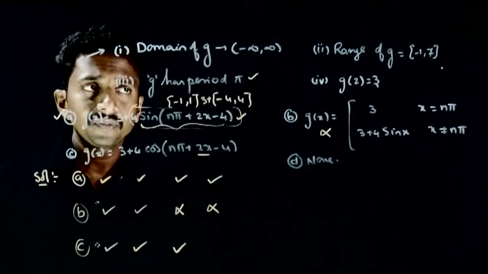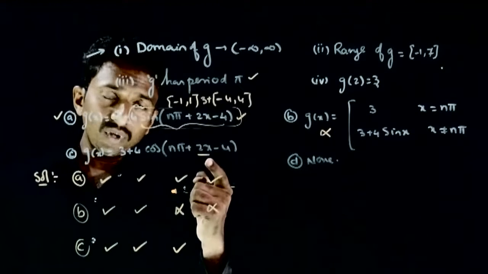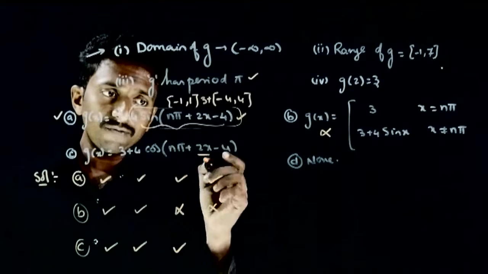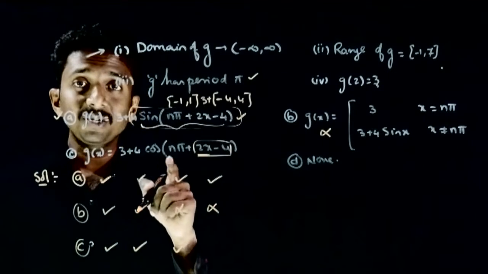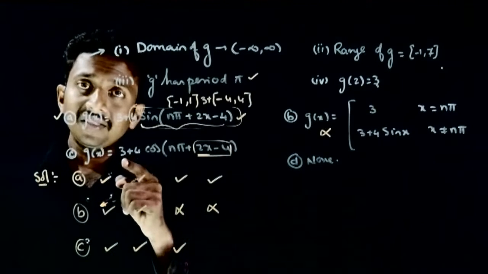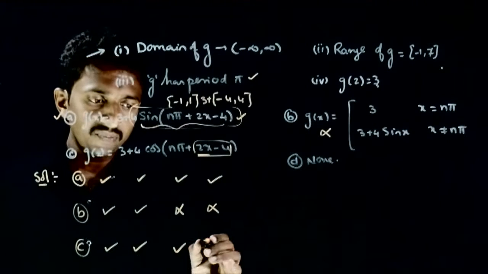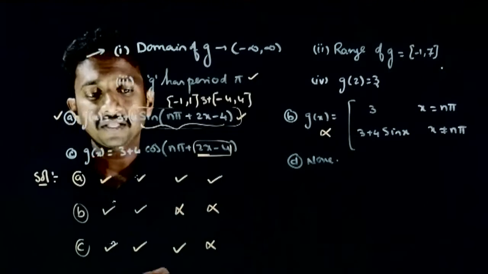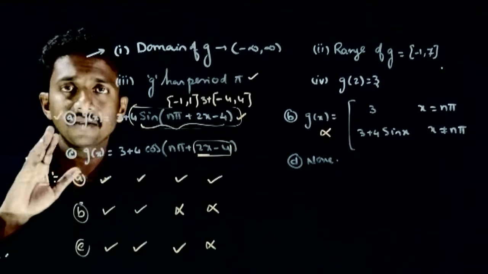So this is also true। Let us see the fourth condition। What is g of 2? g of 2 is, देख लीजिए ये 4 minus 4 है, 0 हो जाएगा। What is cos of nπ? cos nπ जो है प्लस और माइनस 1 हो सकते हैं। So आपको 3 प्लस और माइनस 4 आएगा which is not equal to 3। So the third function is not satisfying the last condition। So the answer is option A।